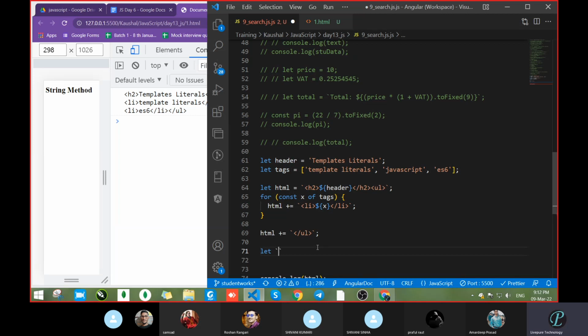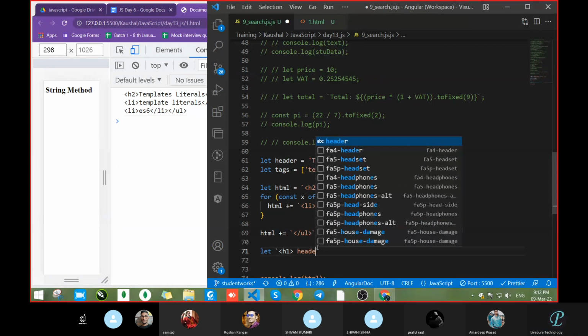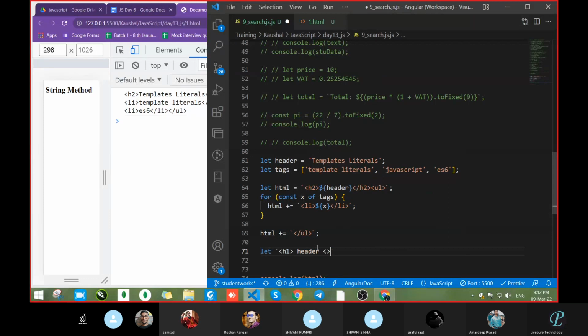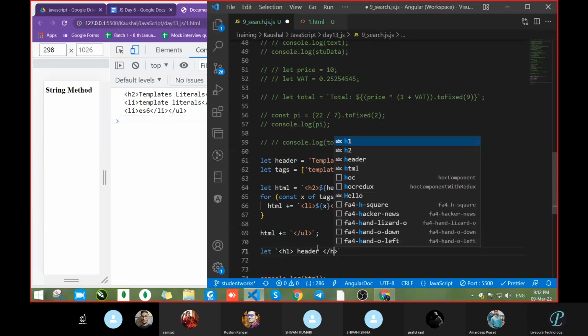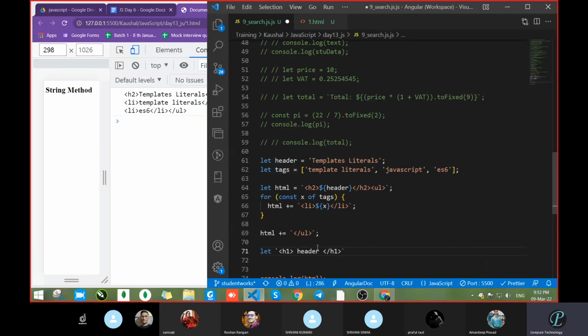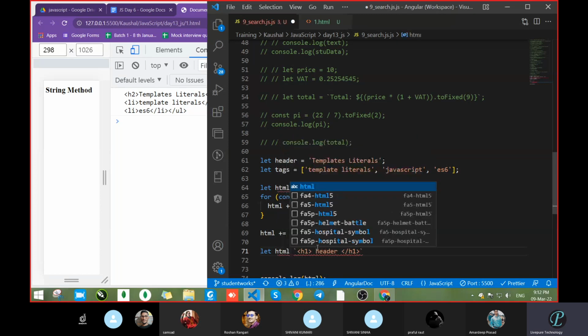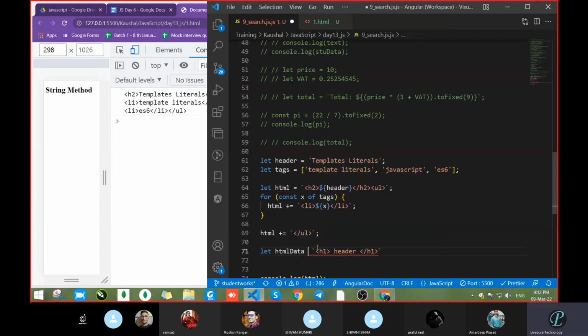Let's see how we write it. If we write H1 in HTML, we get automatic suggestions, but here you will not get the suggestions, so you have to write everything manually. Slash H1, and we have to create one variable. Let HTML data equal to, like this I created a variable.